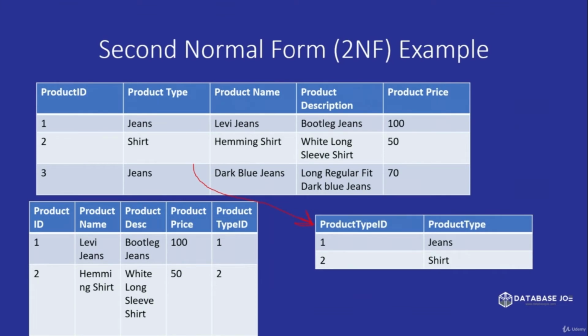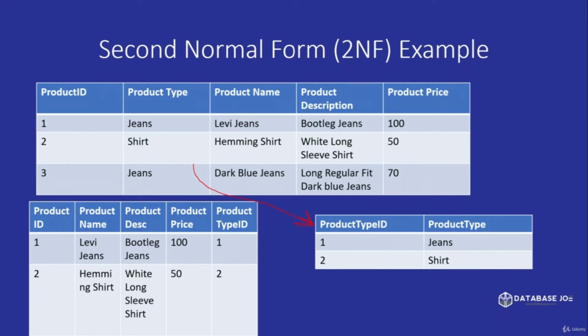In this example, you can see the top table has a column called product type. This column doesn't really describe the products table, it's more of a categorical column. This would be more suitable to be moved to its own table called product types. Once done, we can create a foreign key between this newly created table and the products table on the product